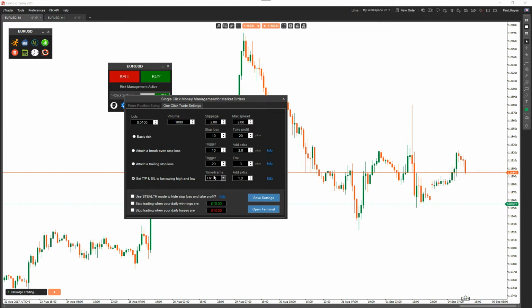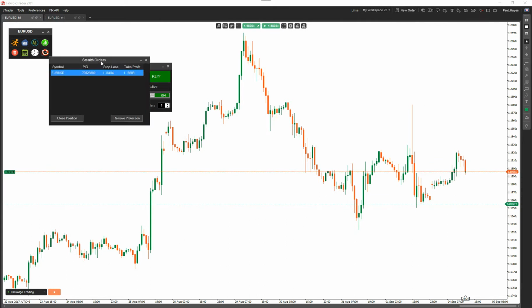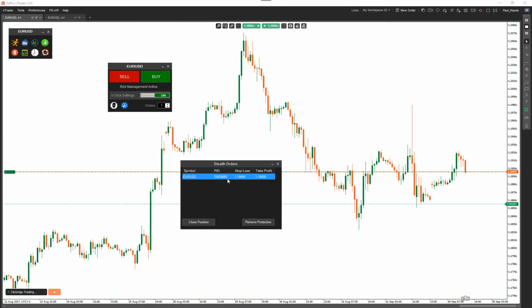Okay, so what I'm going to do now is hide the take profit and stop loss using stealth mode. So the little icon comes on there. What will happen now is when you click buy, it's actually going to open up a position, but it hasn't actually submitted the take profit and stop loss to the broker. So nobody knows what your take profit and stop loss is. It's a stealth order, which means the position is set, the stop loss and the take profit hidden from anyone. It's under stealth. So you just click on this window here, and you can see that the Euro USD,